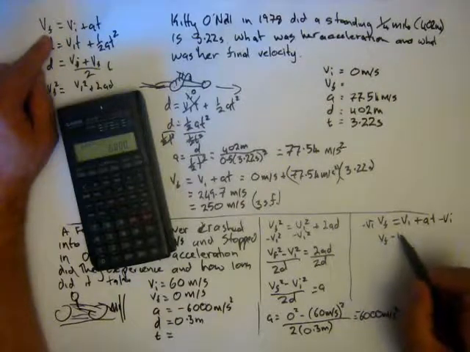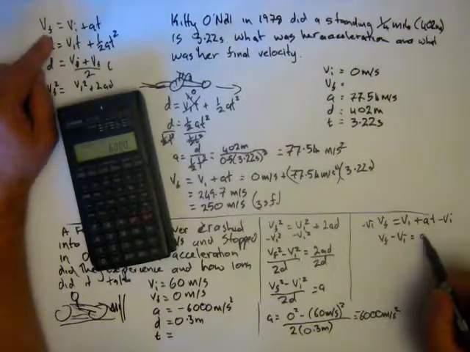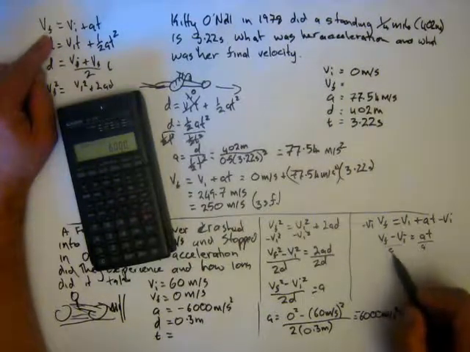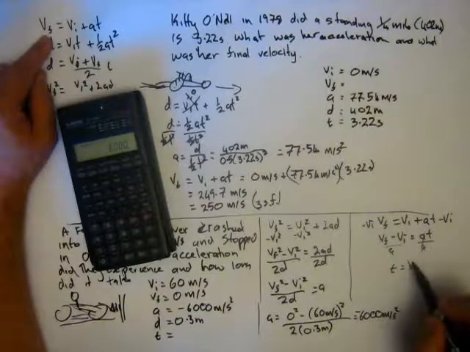Vf minus Vi equals at, divide both sides by a. t equals Vf minus Vi over a equals